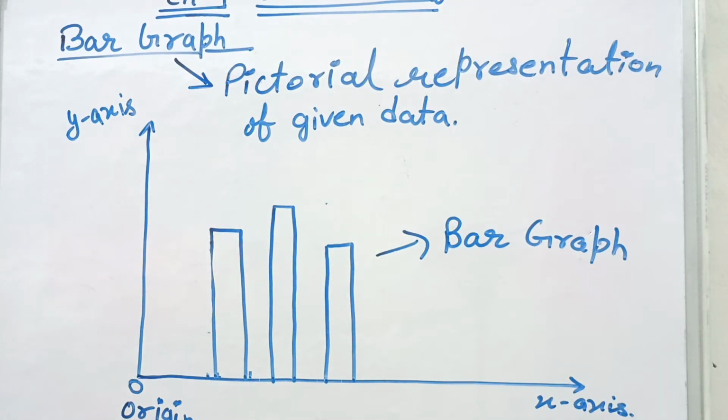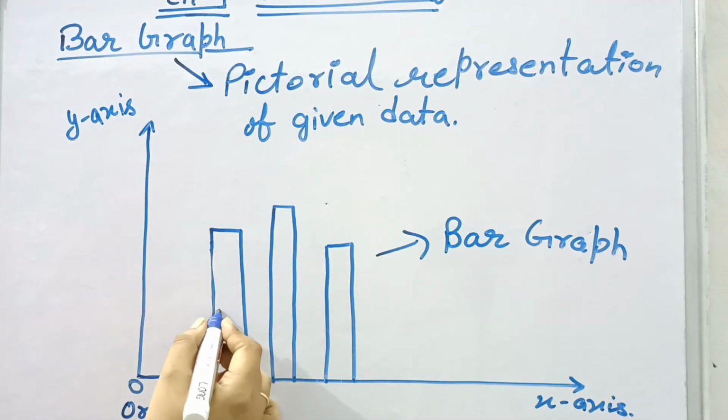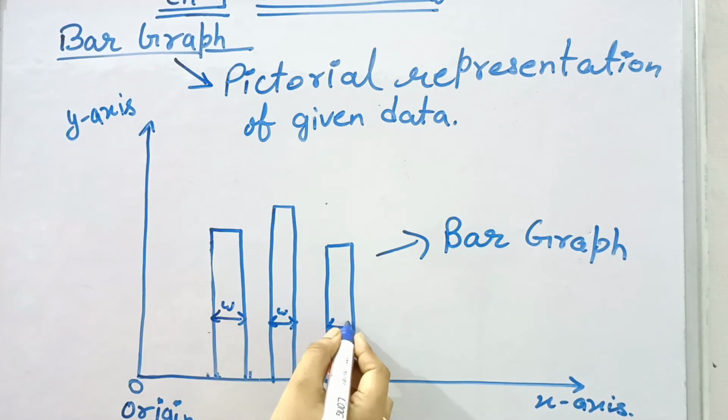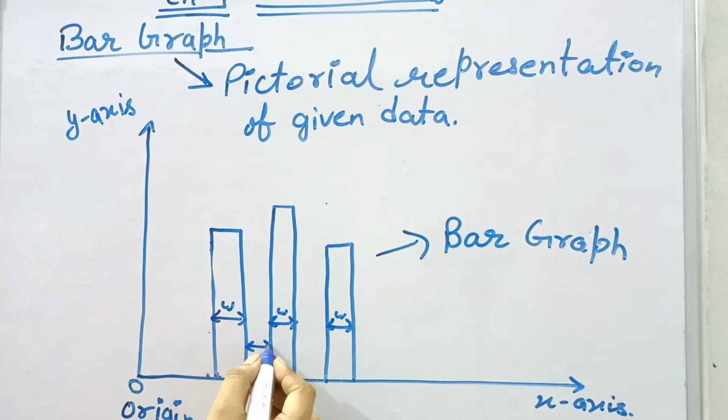Now, what are the points to remember whenever we are plotting or we are reading a bar graph? That these bars should have equal width and their distance should always be equal. So distance between two bars should always be equal and width of each bar should be same. This we have to keep in our mind. So this is it for bar graph. Now we will understand how we can read a bar graph.